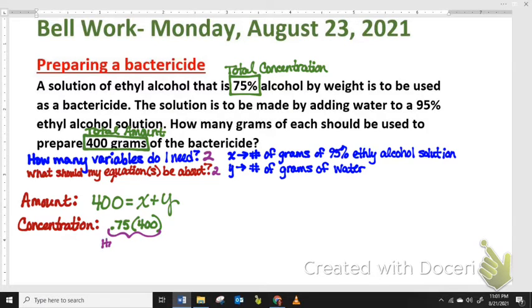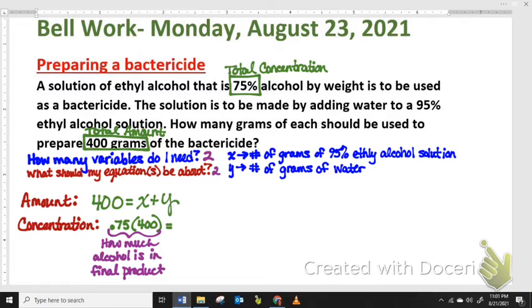This is how much alcohol is in the final product. Good on that? I'm calling it concentration because that's not a total amount. That's the total amount of one component of this. So I have 0.75 times 400 is equal to,